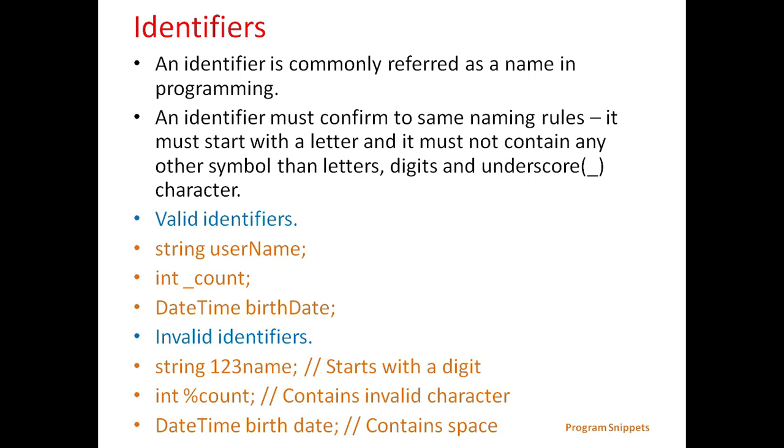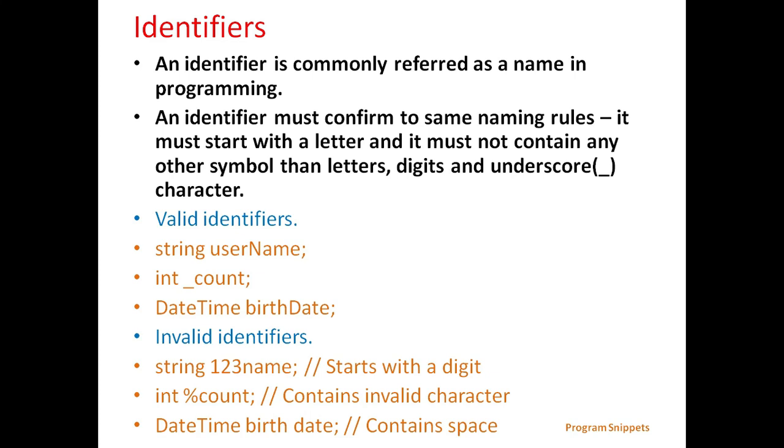First we'll see identifiers. An identifier is commonly referred to as a name in programming. It can be a name of a project, module, variable, object, method and so on. An identifier must conform to some naming rules. That is, it must start with a letter and it must not contain any other symbol than letters, digits and